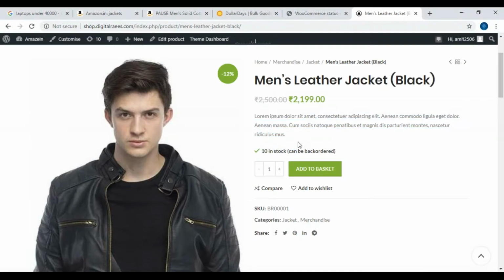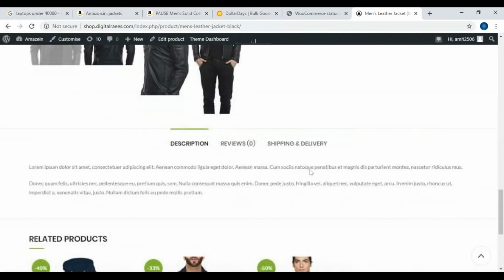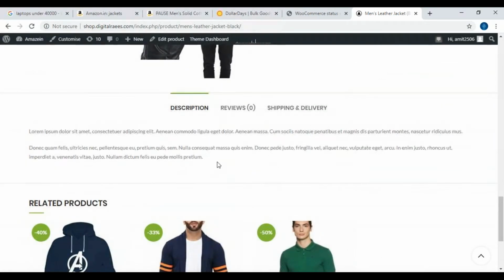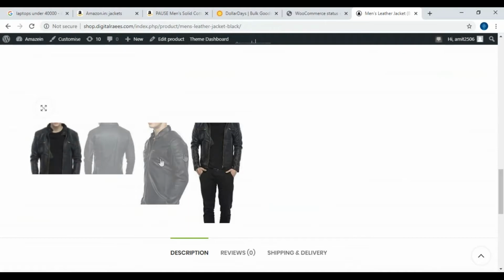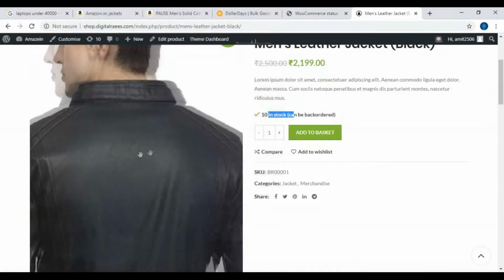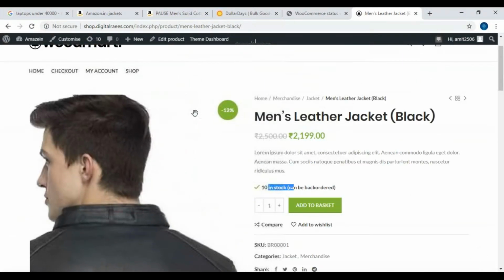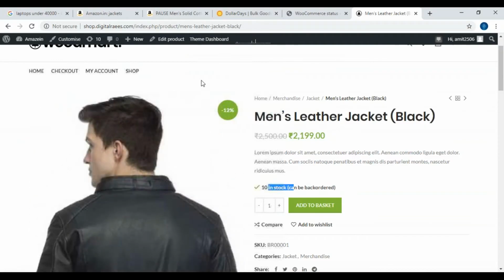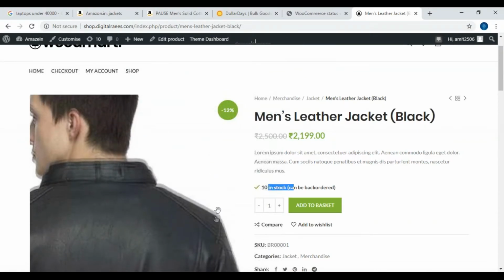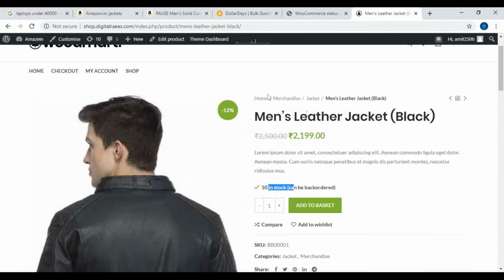There is a description about the product, how many are in stock, how many you can order, and you can add it to the basket. Then the complete description about the product will be there, and more images of the product. This is how it comes on an e-commerce website. All the features are coming in here.